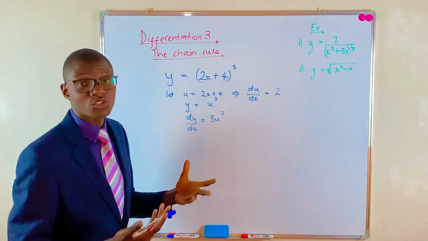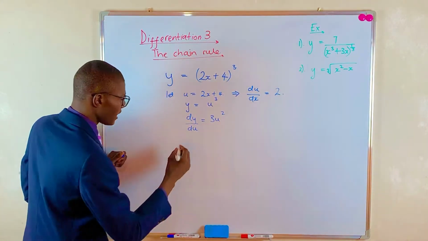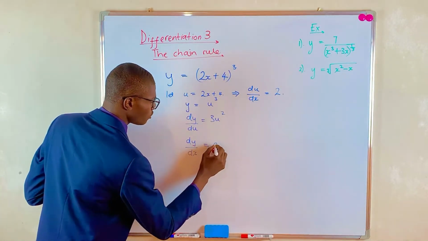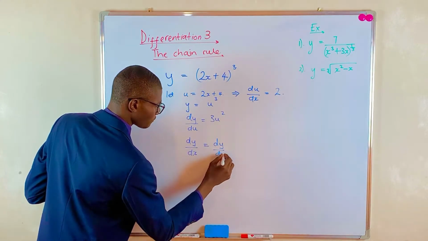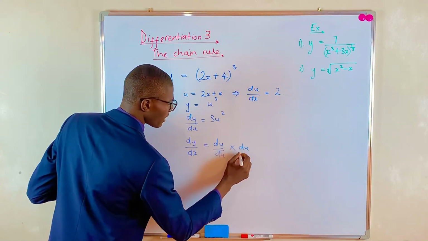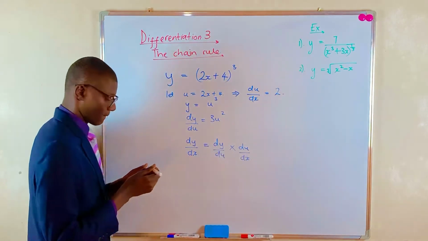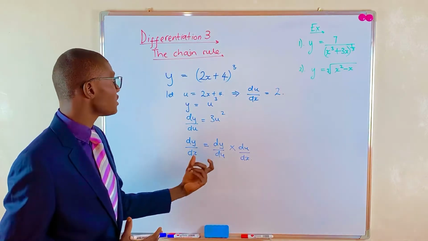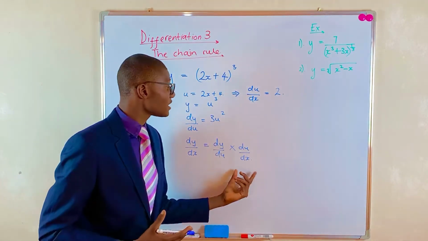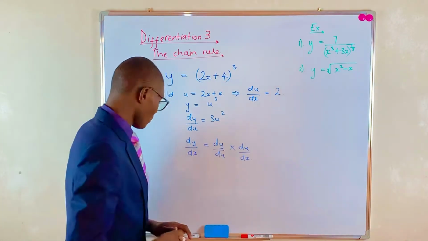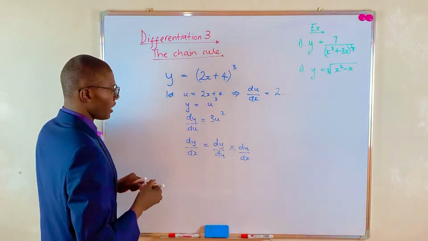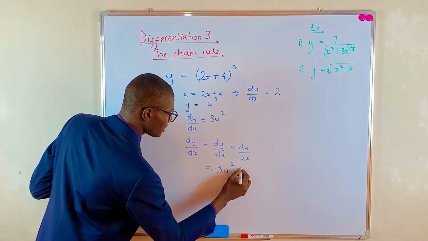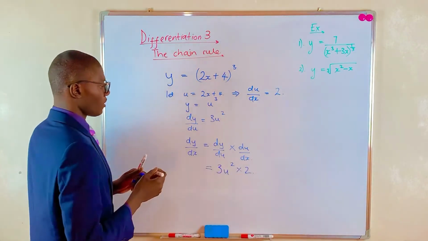Now, the next thing to do, we shall say dy by dx is equal to dy by du times du by dx. Then we shall simply substitute these, because we know that our dy by du is 3u squared and our du by dx is simply 2. So we make the substitution and say this is equal to 3u squared times 2, which will simply give us